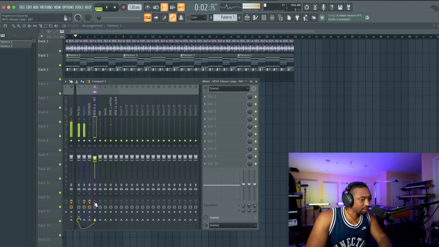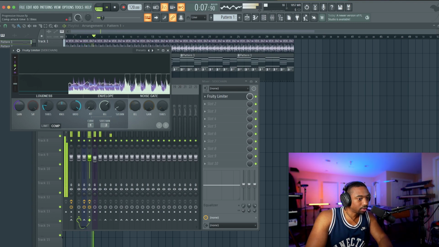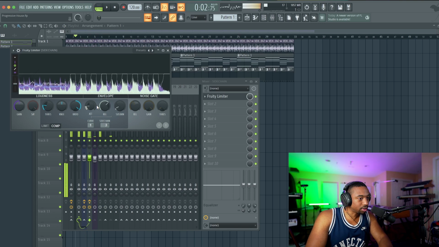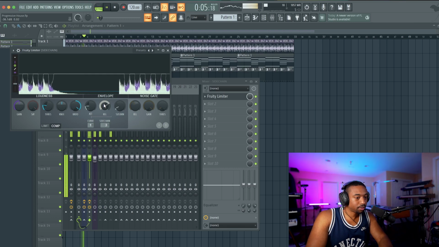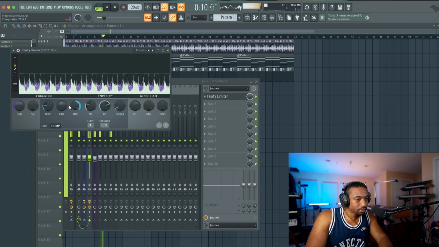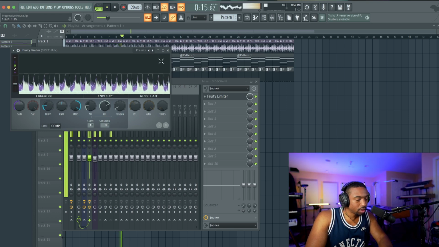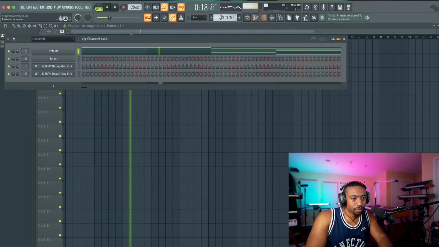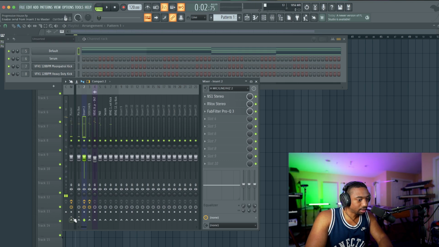Now you can also sidechain your percussion. So I'm going to sidechain by routing it to the sidechain group. And then again, make sure your kick is the input. I'm not sure why FL does that. Also mess with your attack, because sometimes your sidechain attack is way too fast. Let's see what it sounds like without. Yeah, I kind of like the percussion breathing, because if not, it sounds a little restricted.